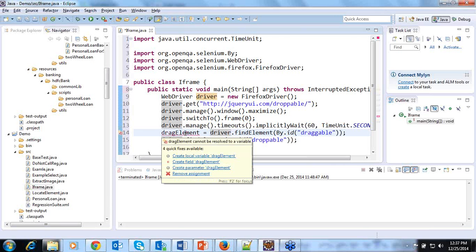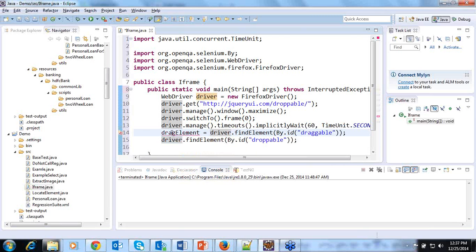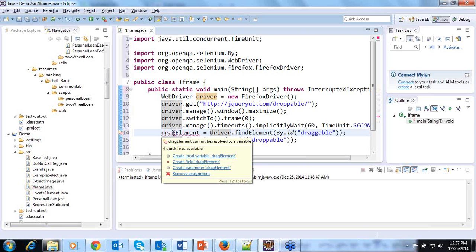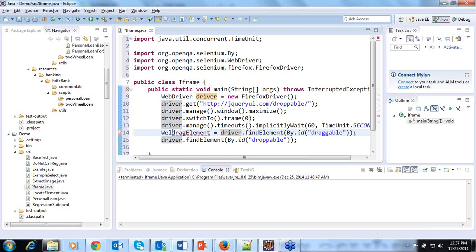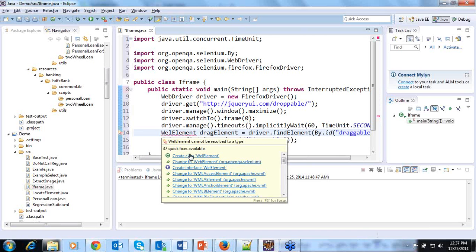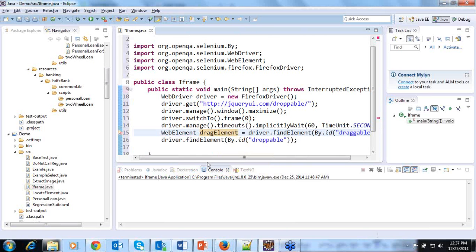What should be the variable data type? Let me use WebElement, and it will ask you to import. Yes, let's import from the package org.openqa.selenium.WebElement, which has got imported at line number 5.